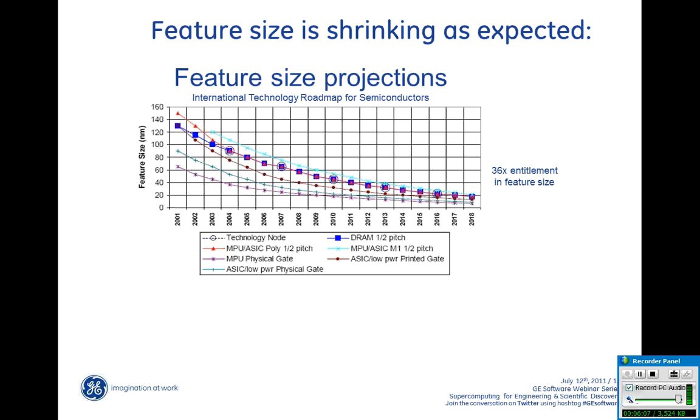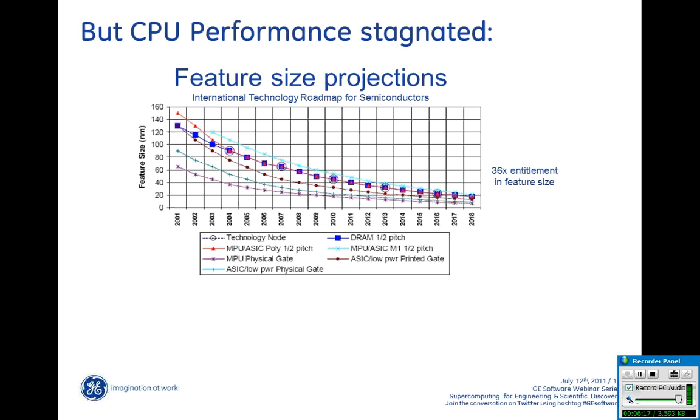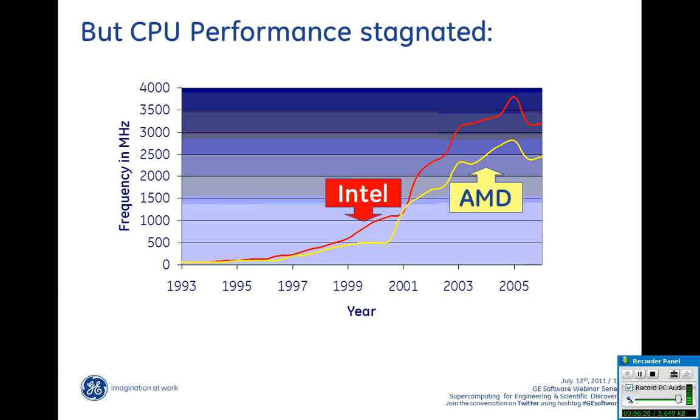This is the ITRS projection, and they are in fact shrinking dies, growing the number of components that we can put into the circuits. However, many of you have probably noticed that the clock rates have not increased, and this